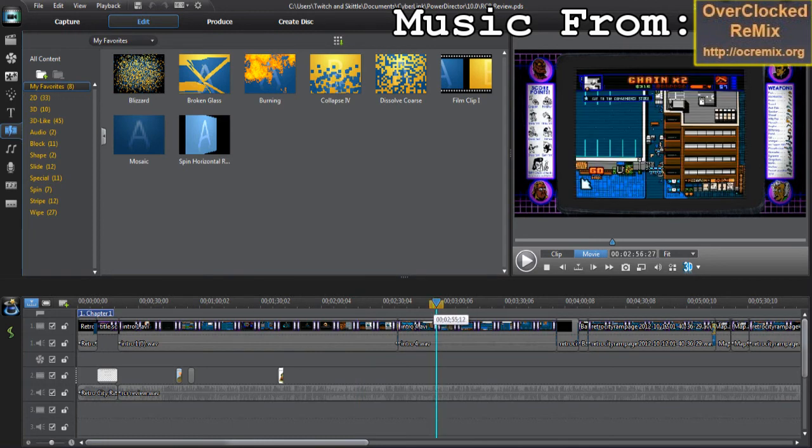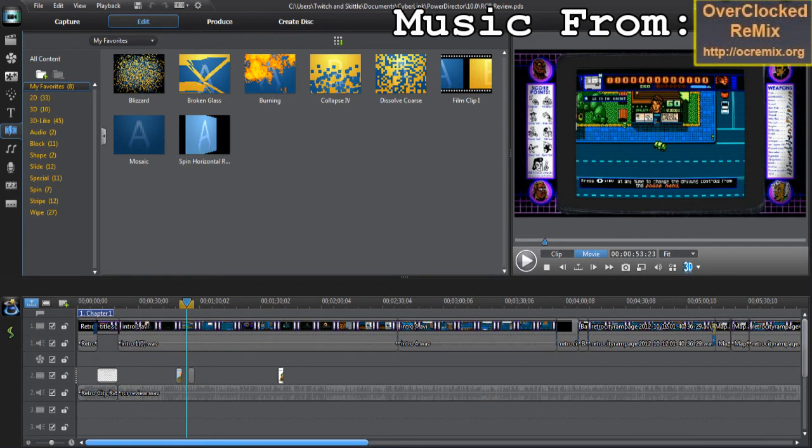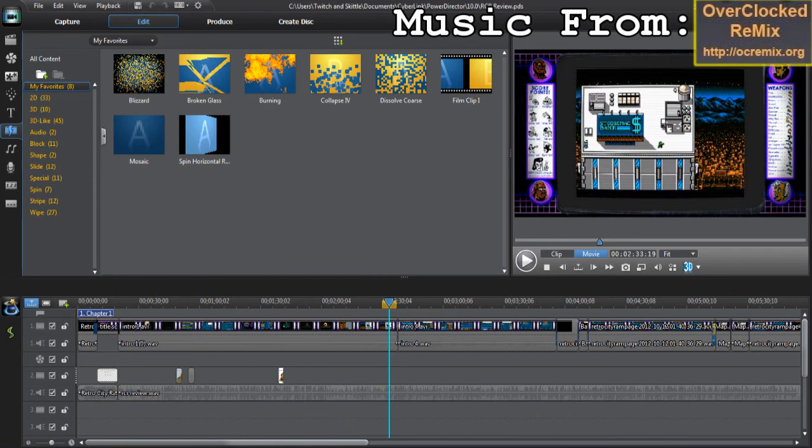And so, again, that's what the script is for, and basically how I'm talking in the review dictates what I'm showing in the background, and I kind of throw in fancy little transitions every now and then, maybe some visual gags every now and then, whatever. And again, this is one of the more complicated things. Some are just as simple as making an intro screen, putting the video there, and making an outro screen, and maybe throwing in some music, and I'm done. So again, because this was a review, there's a lot more to it, but it kind of shows what the versatility with Power Director is.